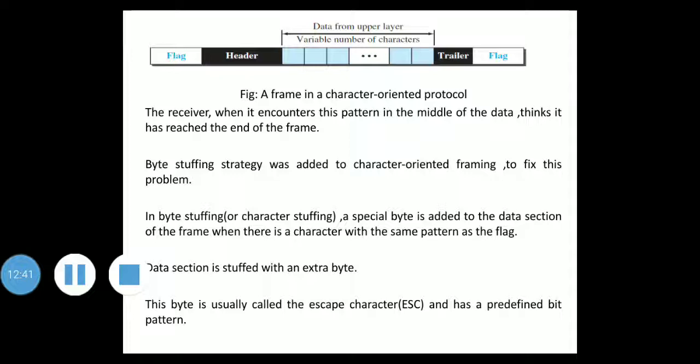This byte is usually called the escape character, ESC in short, and has a predefined bit pattern. When the receiver encounters the ESC character, it removes it from the data section and treats the next character as data, not as a delimiting flag. That situation will be shown here.